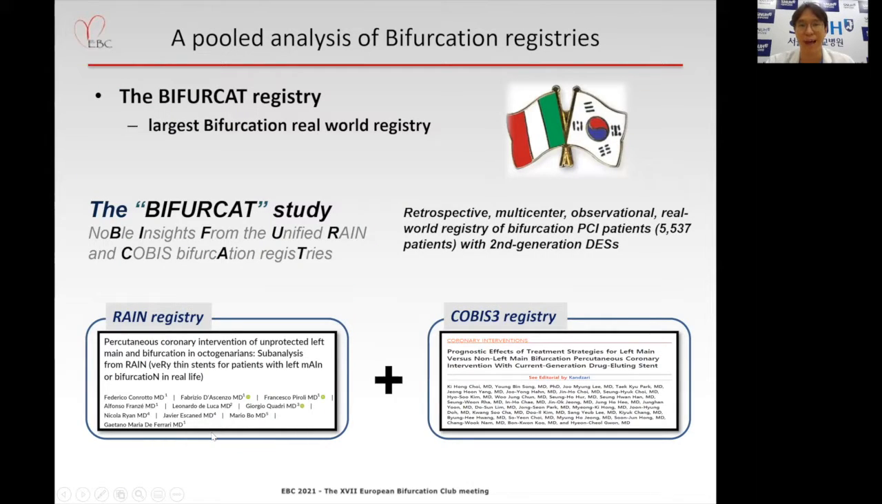To do an analysis on this topic, I used the BIFURCAT registry, which is the largest bifurcation dedicated real-world registry. The abbreviation is the Noble Insights from the United RAIN and COBIS bifurcation registries. This was a retrospective multi-center, multinational observational registry, which included 5,500 patients who were treated with second-generation DES for